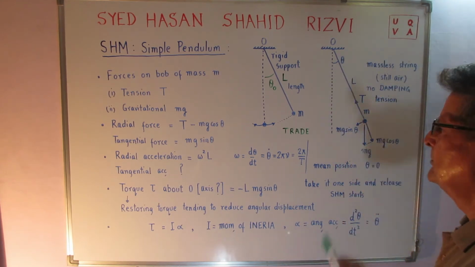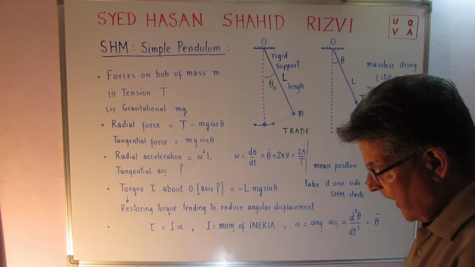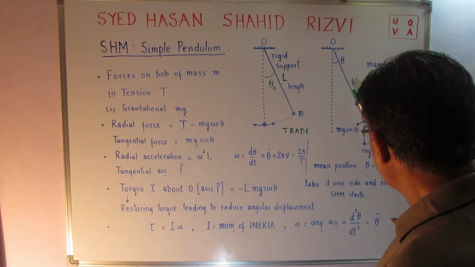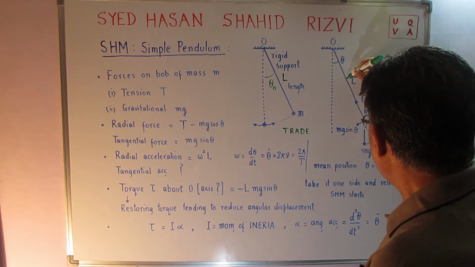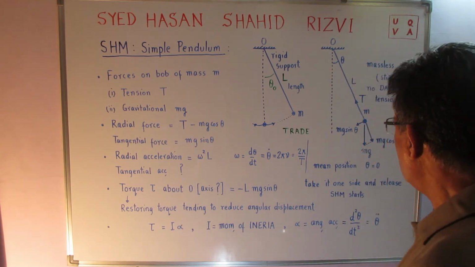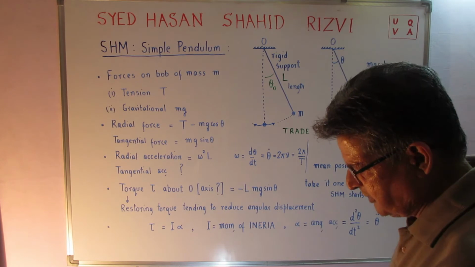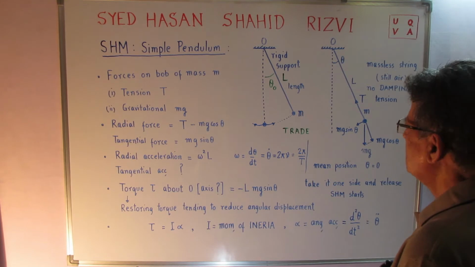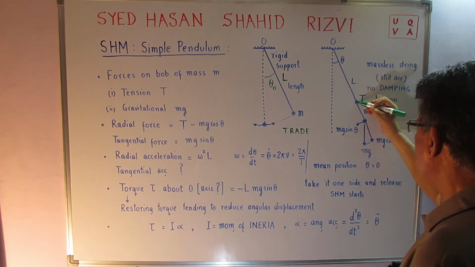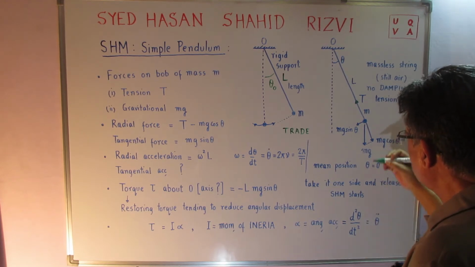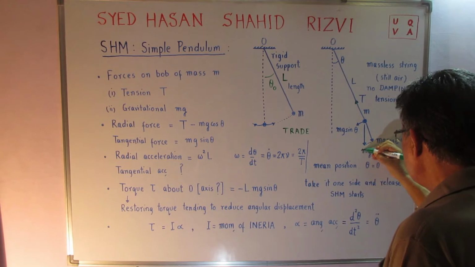One is the tension in the string, and because tension is both ways, at any point you take over here, there will be tension like this and tension like this, but the effective tension is towards the point of suspension O, and you can see this is the tensional force which exists over here, right? Now there is another force, and that force is mg due to gravitational pull of